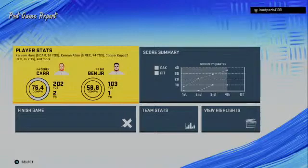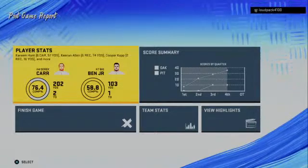I remember when I played at Tennessee, when we had to go from east to west, our trainer Tim Caron said, leave your watches on East Coast time,